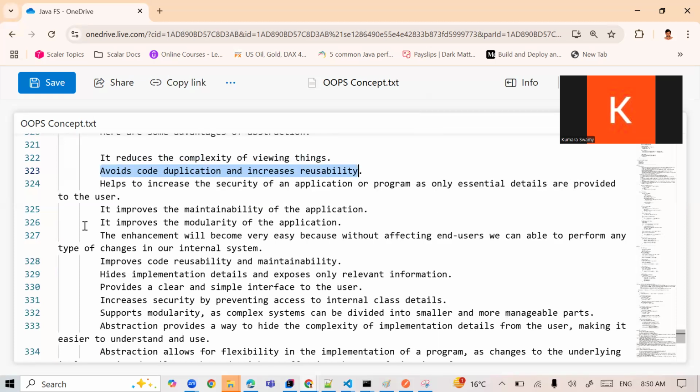It also helps increase the security of the application program. Only essential details are provided to the user. It won't show the internal details, only the required details to the user. And it will improve the